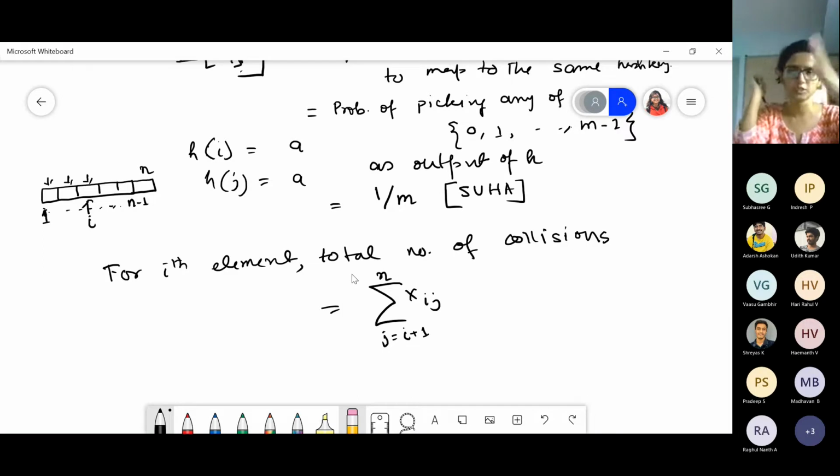So for each of them there was a collision. If we take all the collisions and sum them, we get the total number of collisions that happened before inserting that particular ith element. And for inserting the ith element, we also need to compute the hash key value for the ith element. So the total amount of time for it,